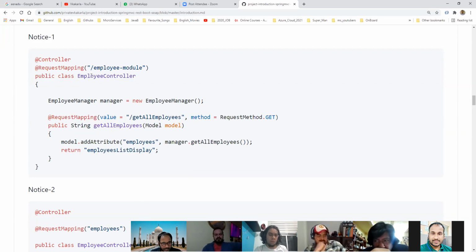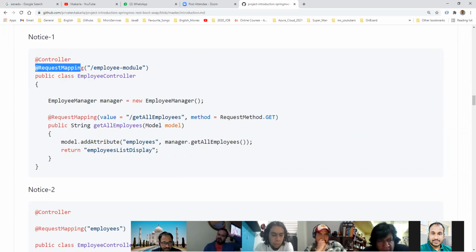Thank you. So now, if the employee controller is a normal Java class and you want Spring to recognize it, you need to use @controller, given by the framework. Whenever you use @controller, the Spring framework will recognize your class and register it when we run the application. It will know, oh, this is the employee controller, because the developer mentioned @controller on top of this class, so it will treat it as a controller class.